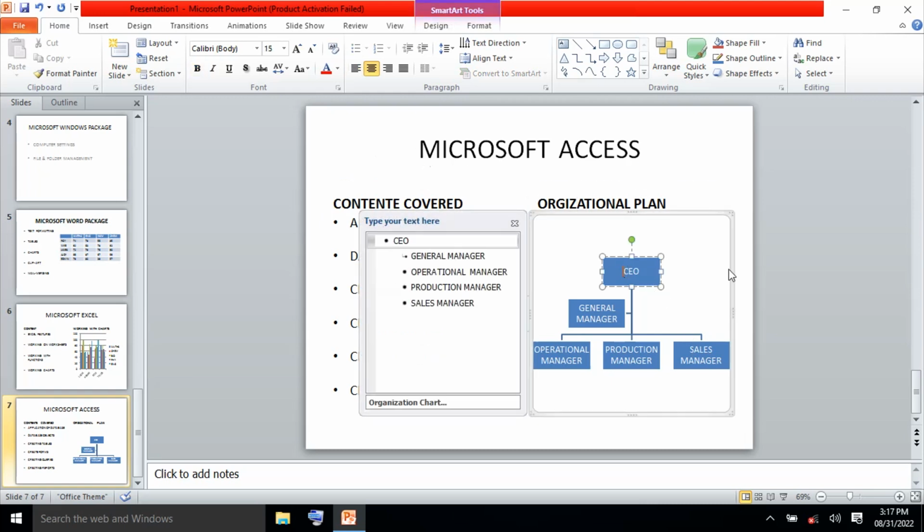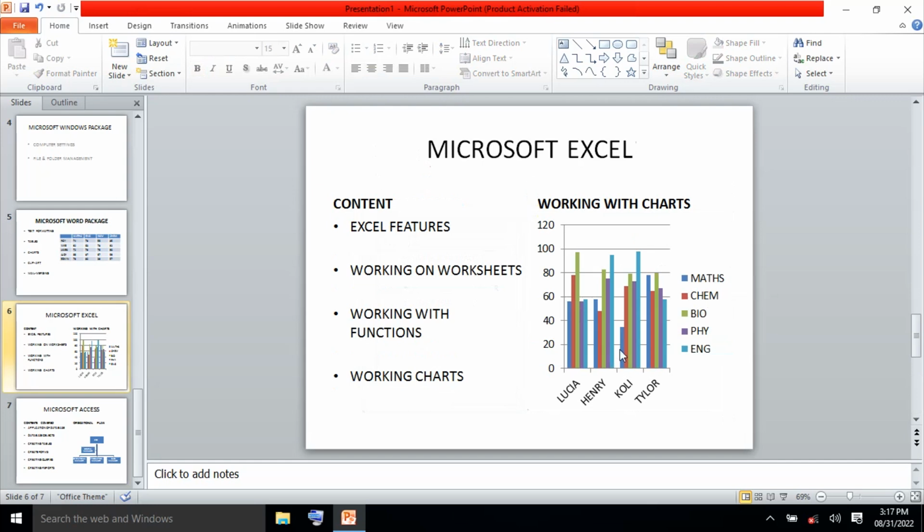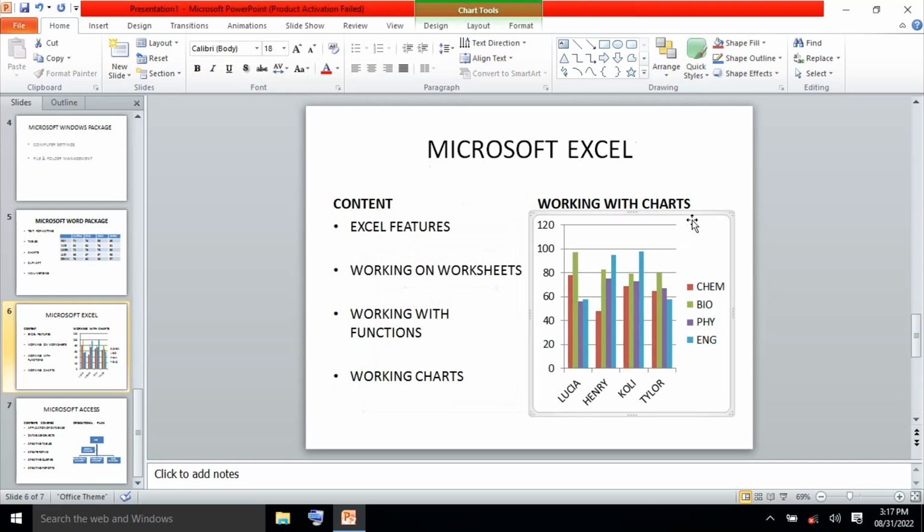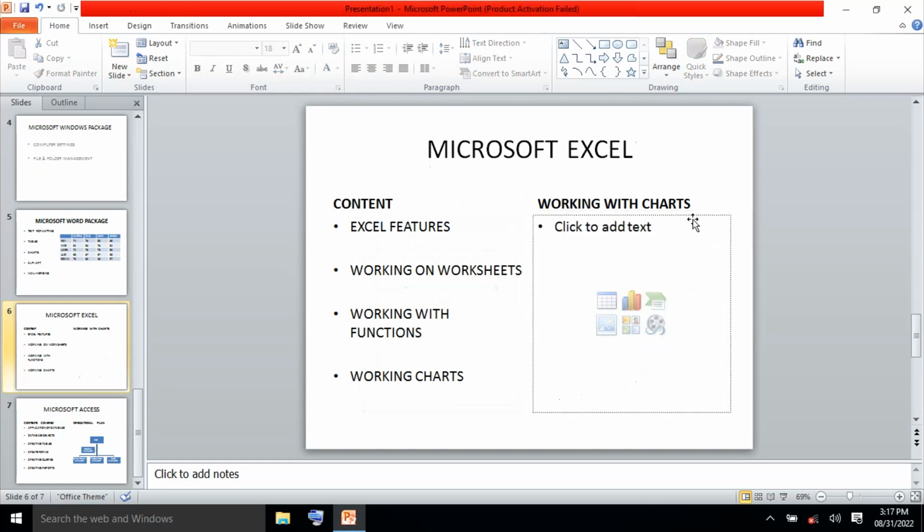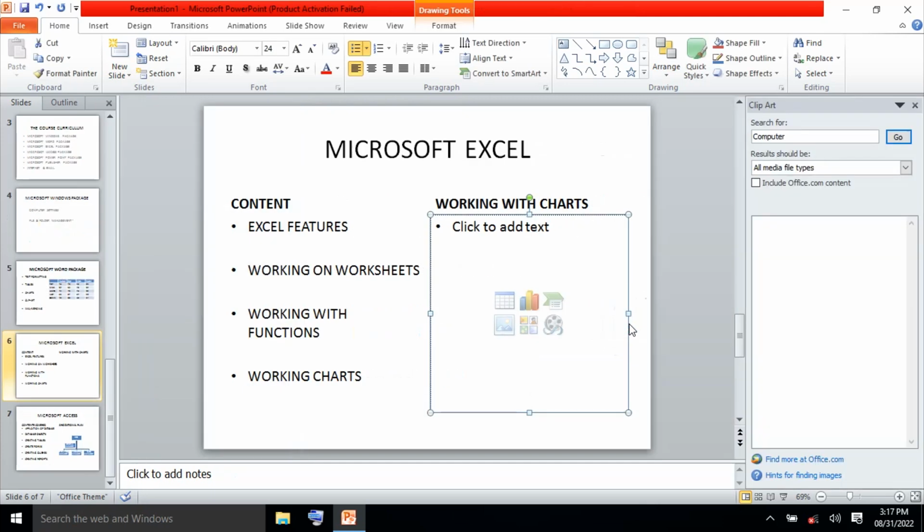Okay, remove this one. Seems a little bit unrelated to what we need to have there. Let's also remove this one. And we can insert some images here. If I click clip art here, I can get some clips. Remember how we inserted clips in Microsoft Word? Let me see whether I can get a clip of a database. Just type database here, and then we click go. Okay, no results. So let's see what is related to